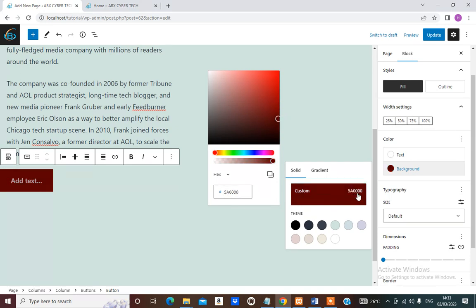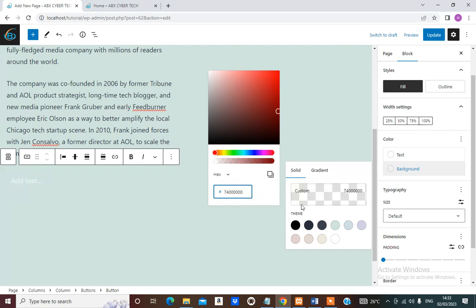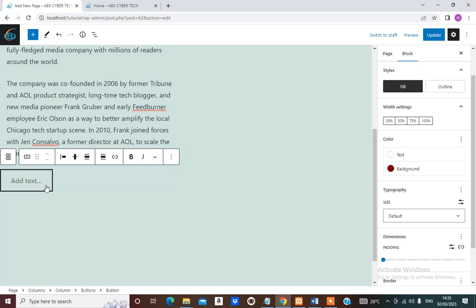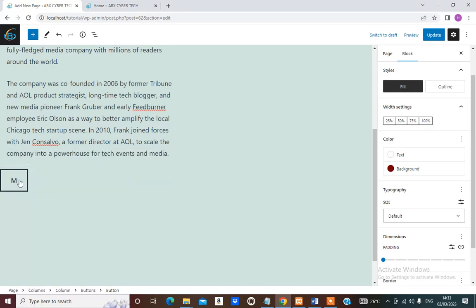I have my color. I want it to be 7400. So kind of 74 then 00 into 7400. So that's it. This is the color I want to use. So I can type more, read more,